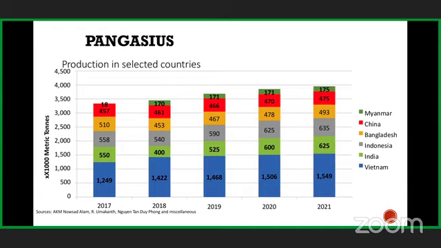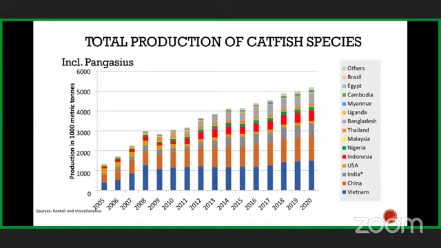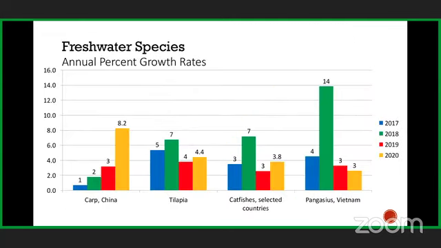Noticeably, here you can see Bangladesh has grown like anything in the recent 4 or 5 years in Pangasius production. Again, due to high production, there is some drop of price. In India as such, we don't prefer to eat live Pangasius because of some meat quality issues, but the global market is very well accepting it in frozen fillet form. So overall, that is what we can see about Pangasius in catfish production. I'll skip some of these slides.